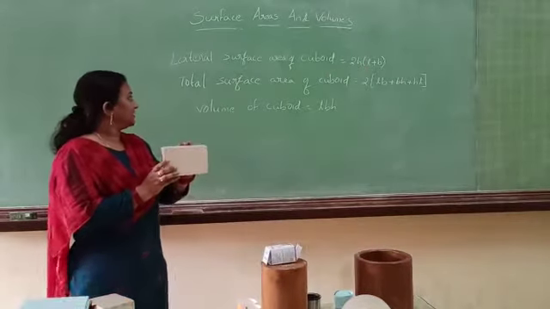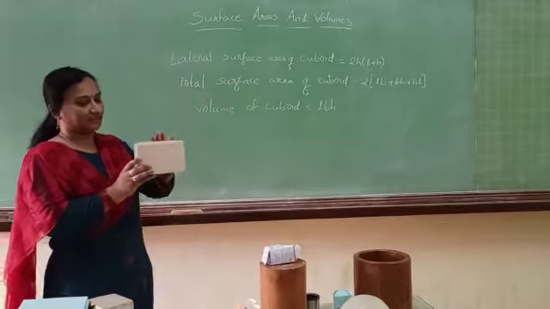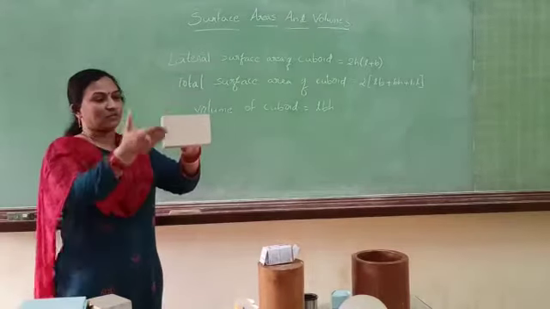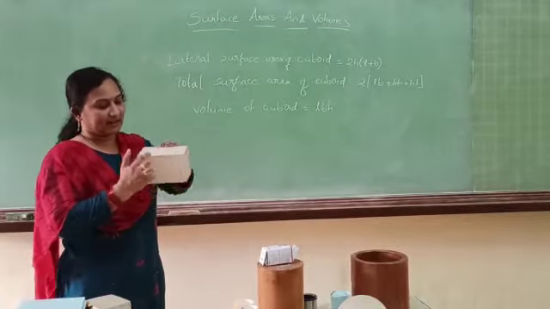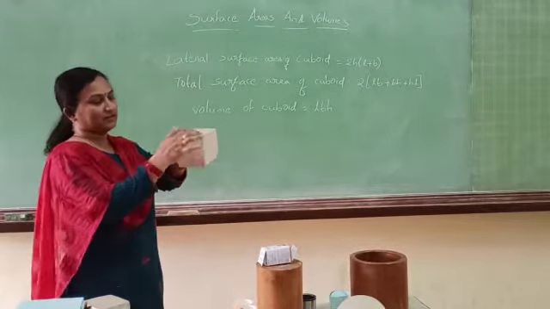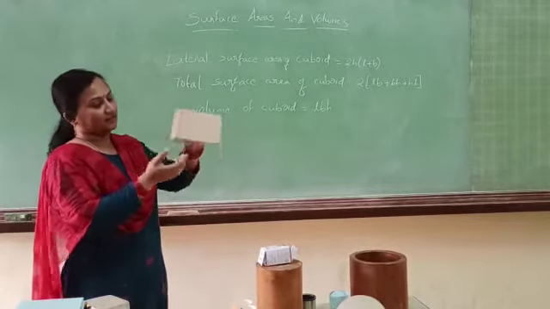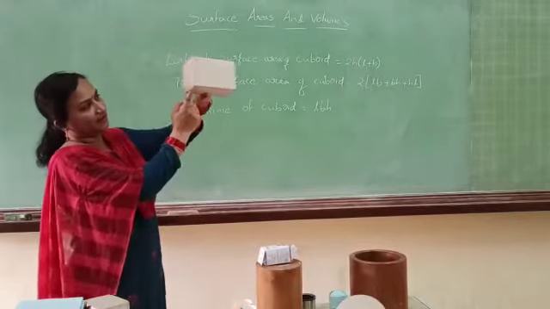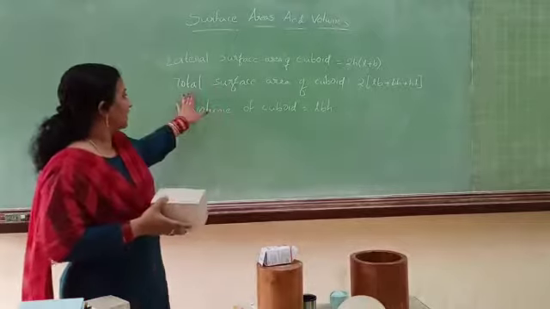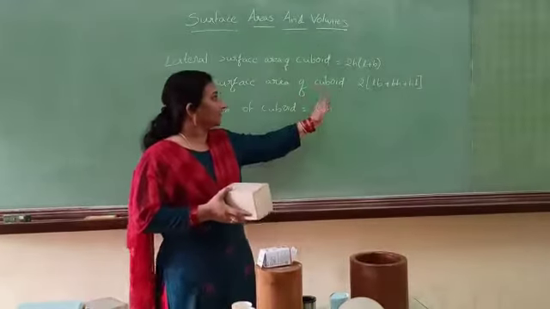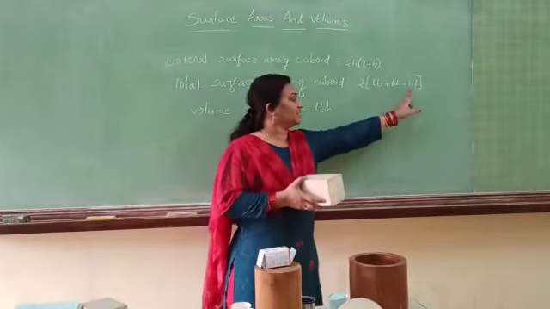If you take the total surface area of a cuboid, we are going to include the top portion and bottom portion. If you take the top, it has length and breadth. Here also, length and breadth. That means 2 times length and breadth. So, now we can write the total surface area of a cuboid as 2 into (LB plus BH plus HL).